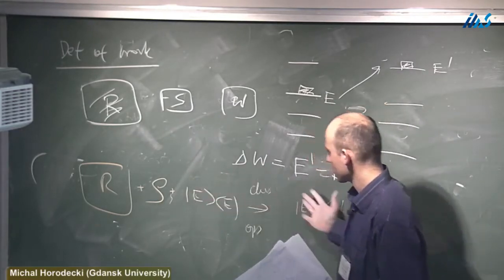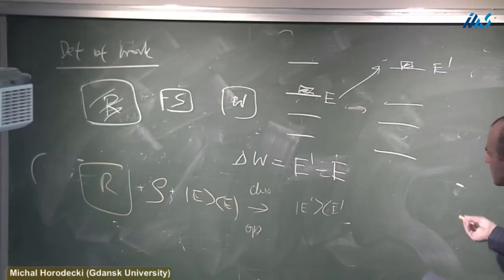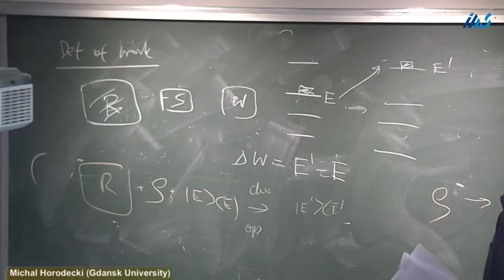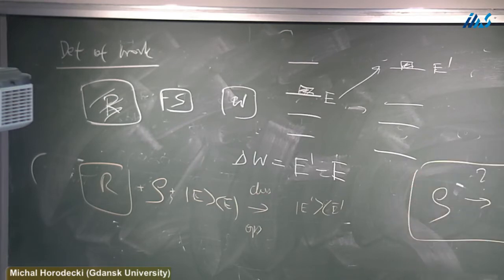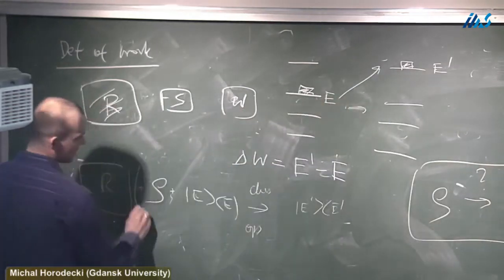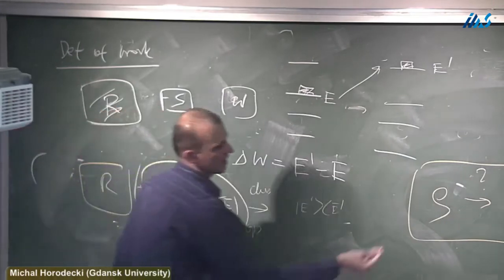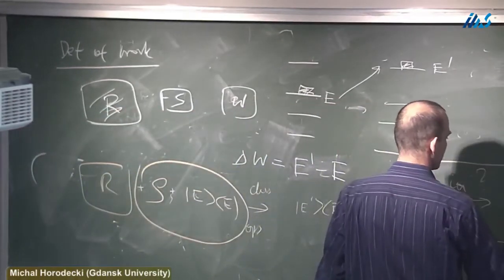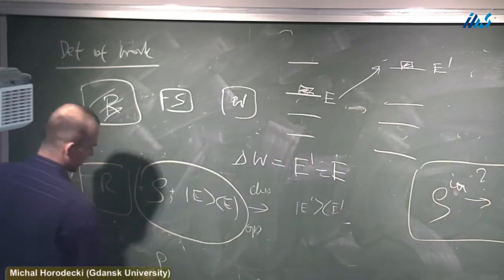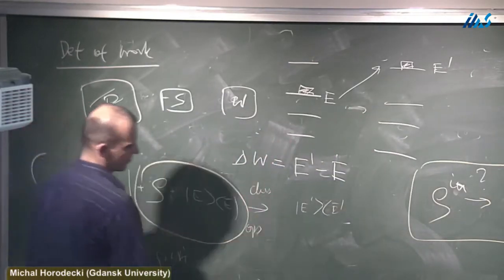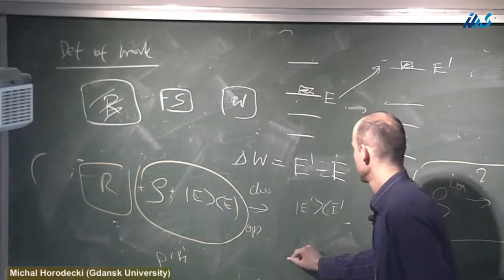Now it's about change of state. So I finally can just ask the question: I go from rho to sigma. If I know the answer to this question, whether I can go from rho to sigma, you give me some rho, give me some sigma, and I should decide, can I go by my class of operations? If I solve this problem, then I can also solve the problem of how much work I can draw from rho, because then I consider this thing as my rho initial, rho final, right? So I say this is my rho in, and I want simply to transform it into my rho out.